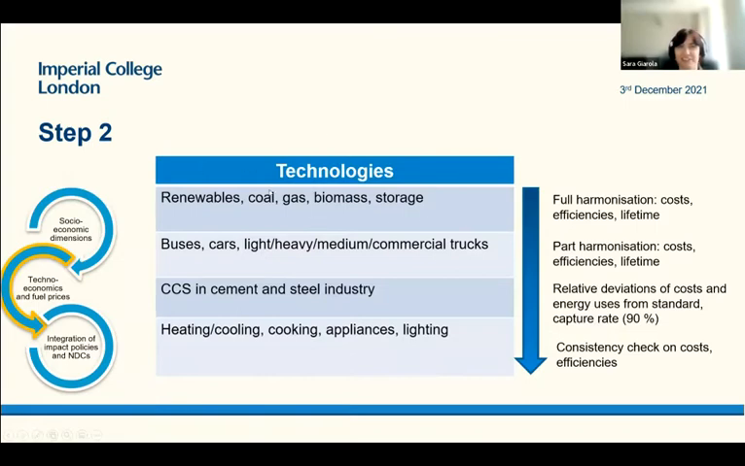So the second level is the technological aspects, the technological harmonization. Just to clarify from the beginning, we only had a full cost harmonization primarily for the bottom-up models, because the top-down had different technology granularity. But the sectors where we had primarily consistent harmonization were the power and transport,